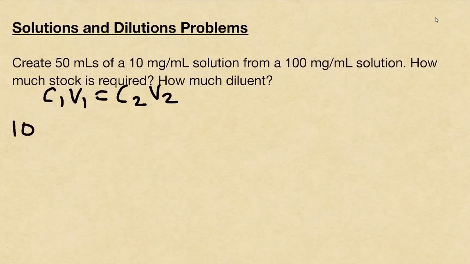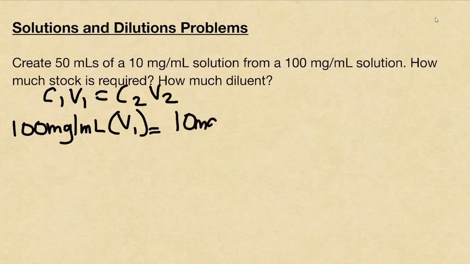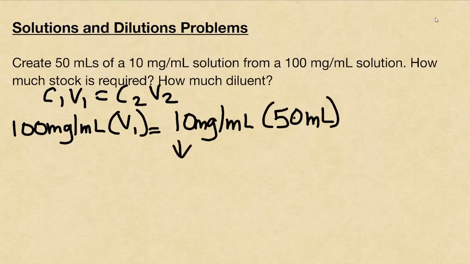So our original concentration was 100 megs per mil. And we don't know what our original volume is. And our concentration we want to get to is 10 megs per mil. And we want to create our final volume of 50 mLs. All right, so now I need to go ahead and math this out. So this would turn into 500